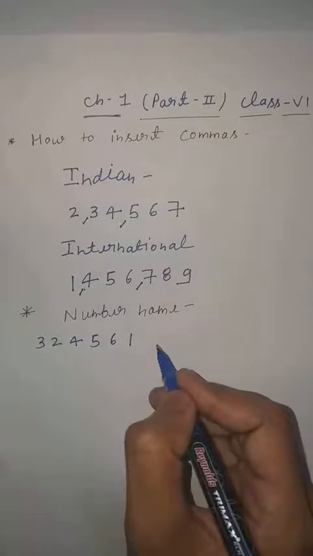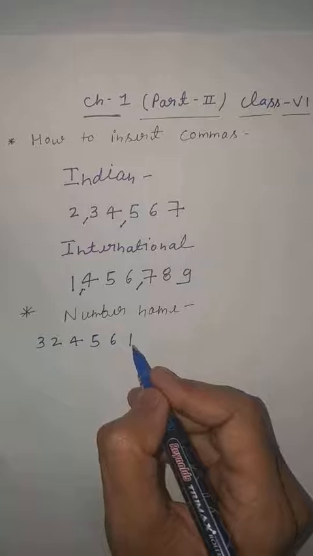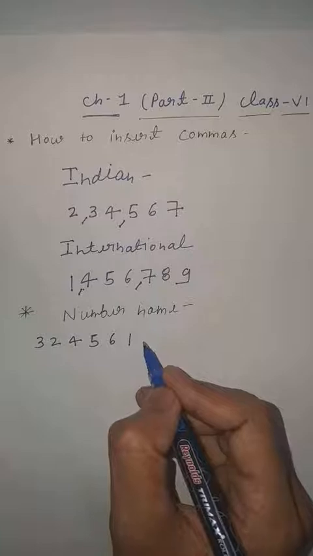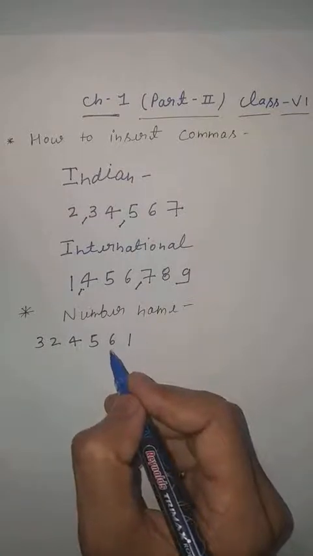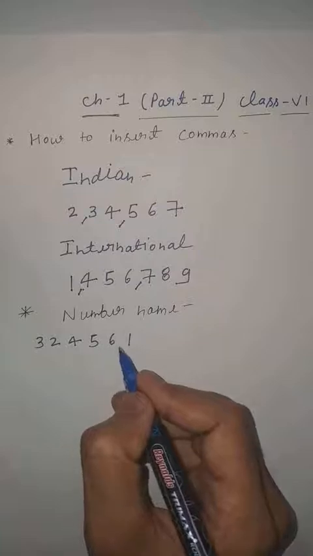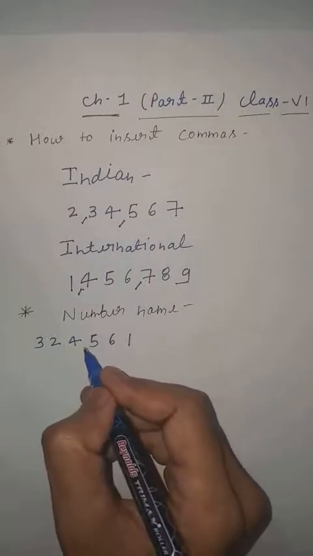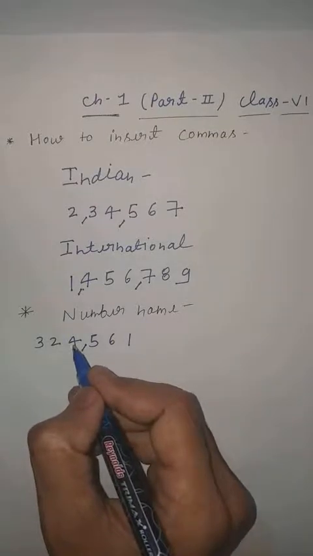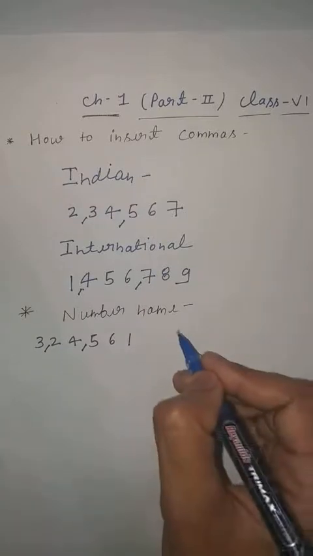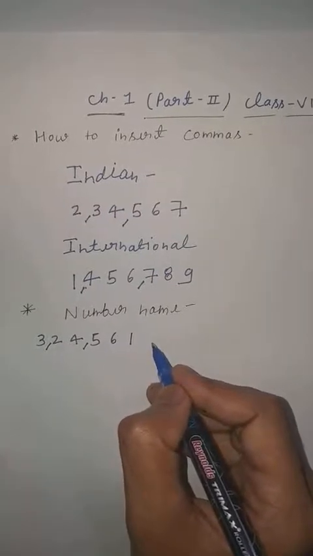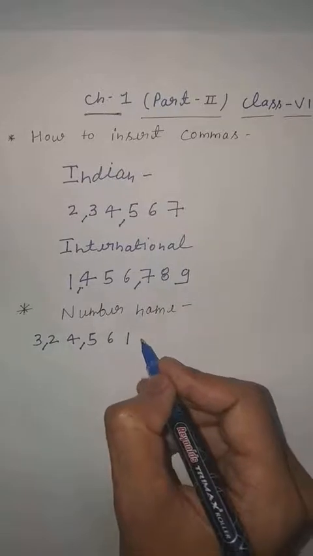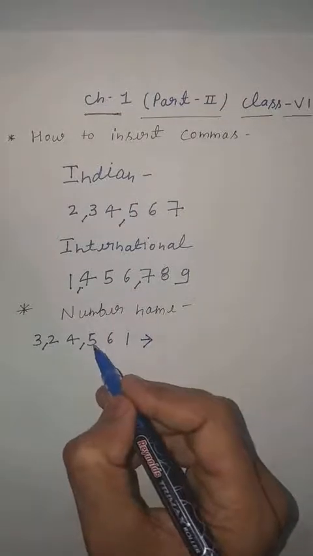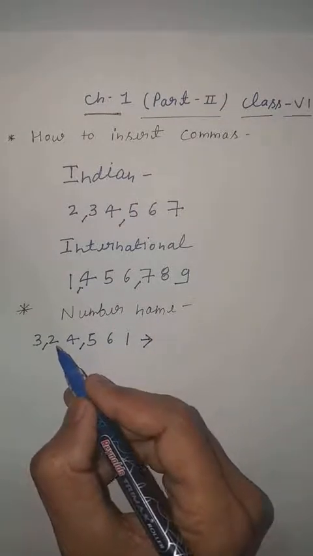Now if you have to write it down according to the Indian place value chart, first you should put the commas. So what is the rule of commas? In the Indian place value chart, first you will put the comma after 3 digits, so your first digit, second digit and third digit. So here you will put the first comma, and the second comma after the second digit, the first digit and second digit. Now you will write the name of the number. So how will you write it down? This is ones, tens, hundred, thousand, 10,000, lakh.